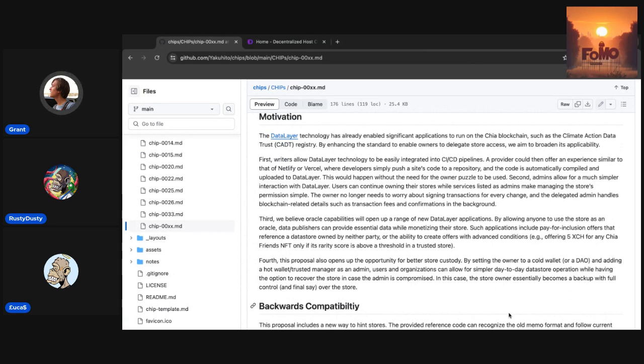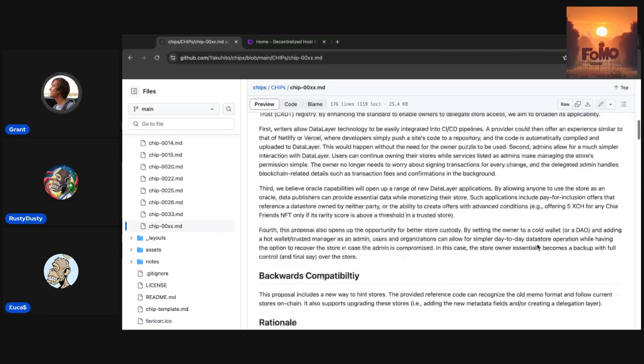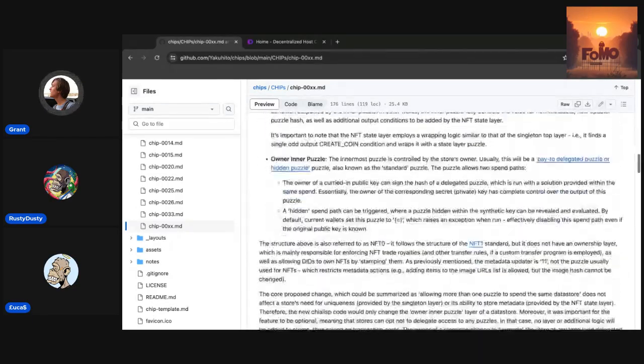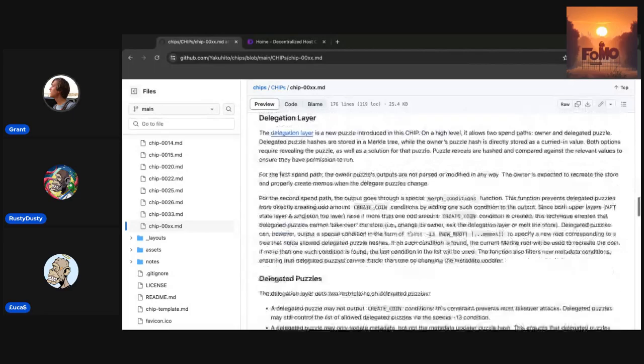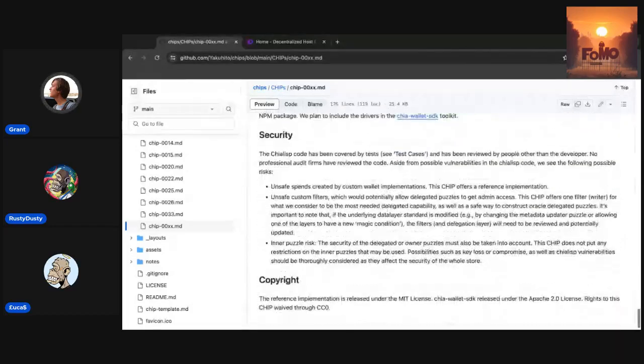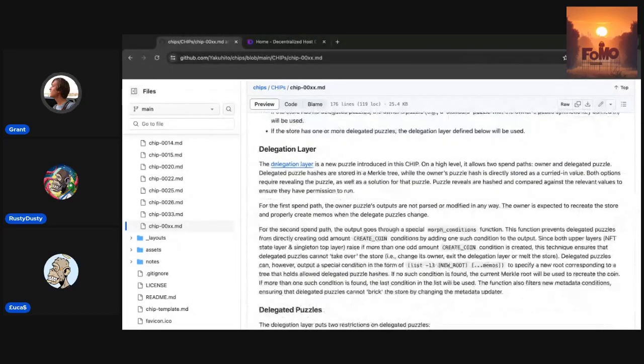That you can say that there's more capabilities for how you can interact with the data layer owner puzzle, and that you can do certain things when you're starting to make offer files for specific types of conditions within what that database looks like. And then it talks more about some of the backwards compatibility with how things are working. So this really does a pretty good job of summarizing how the whole thing works and goes into fairly exhaustive detail about what's happening. And this just got released recently, so it would probably be a good target for us to have. If these guys want to come and talk about this stuff in more detail, we could have it in a very specific and